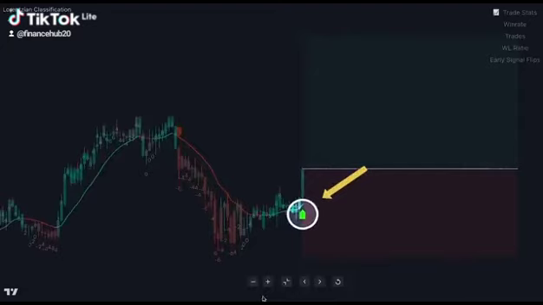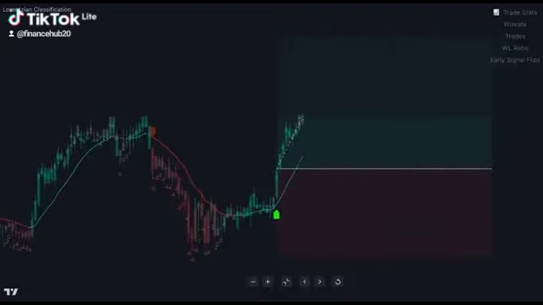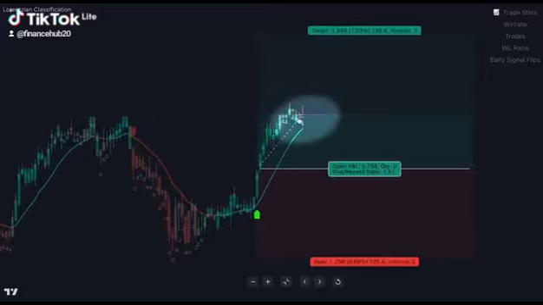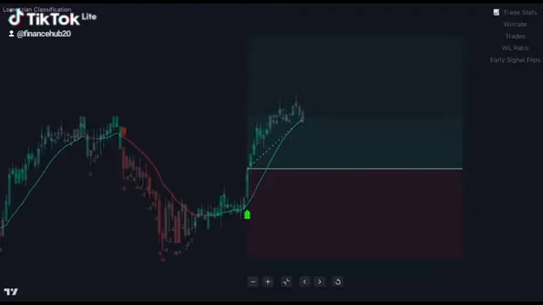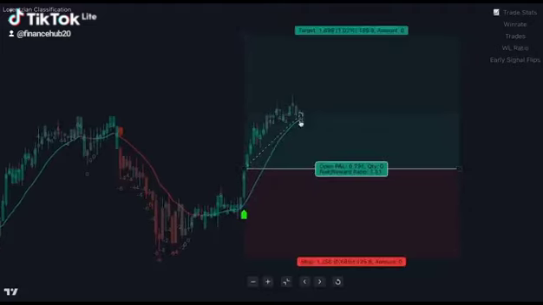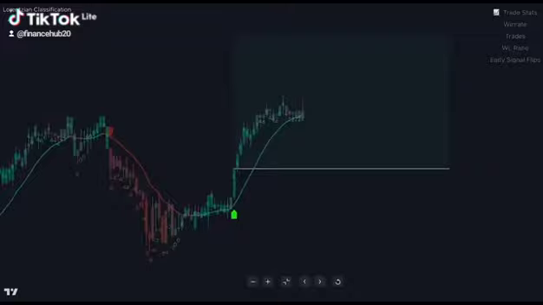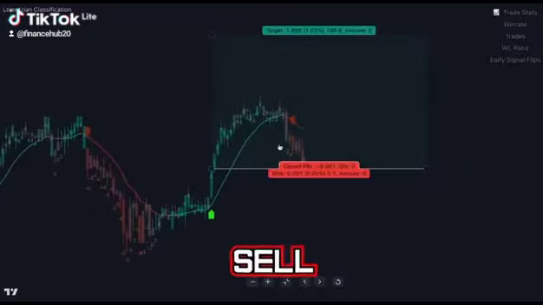Let's say you executed a buy trade using this indicator, and you wanted to hold the trade until take profit, but you noticed early on that the colors are becoming more red and the candle numbers are lowering. This is the first sign that the market strength is weakening. So we can reduce our risk, adjust our stops, or exit our position completely to prepare for a possible reversal. This helps you stay ahead of the game as you don't have to wait for a confirmed sell or buy